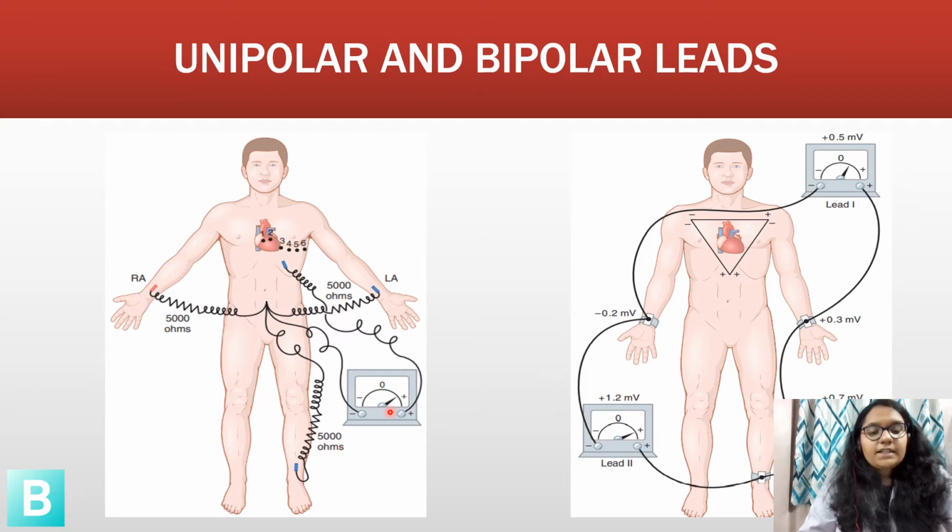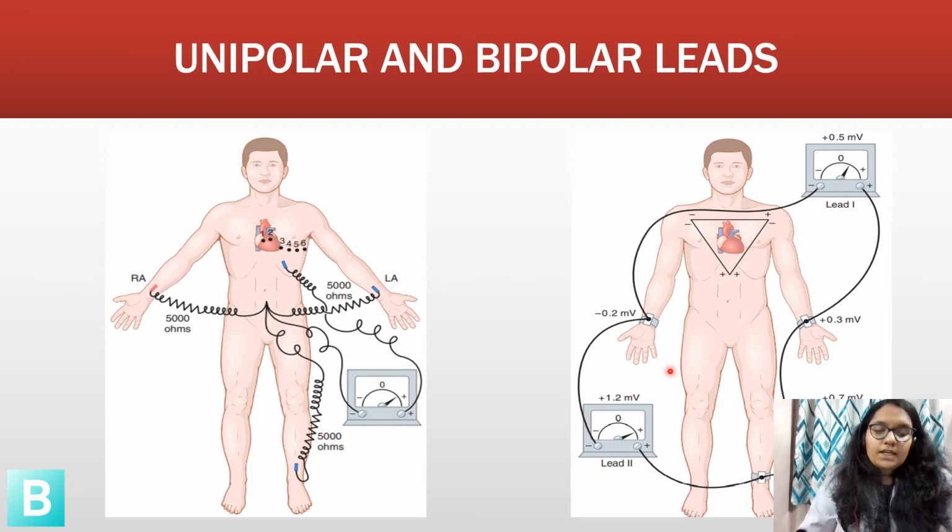The augmented leads are unipolar limb leads with slight modification in the recording technique. They are the recording between one limb connected to the positive terminal and other two leads connected through the electrical resistance to a negative terminal of ECG machine. This arrangement increases the size of potential by 50% without any change in the configuration from the non-augmented record.